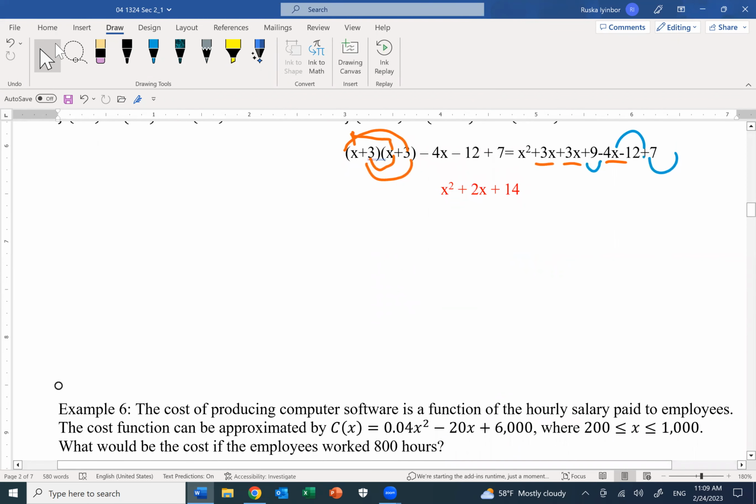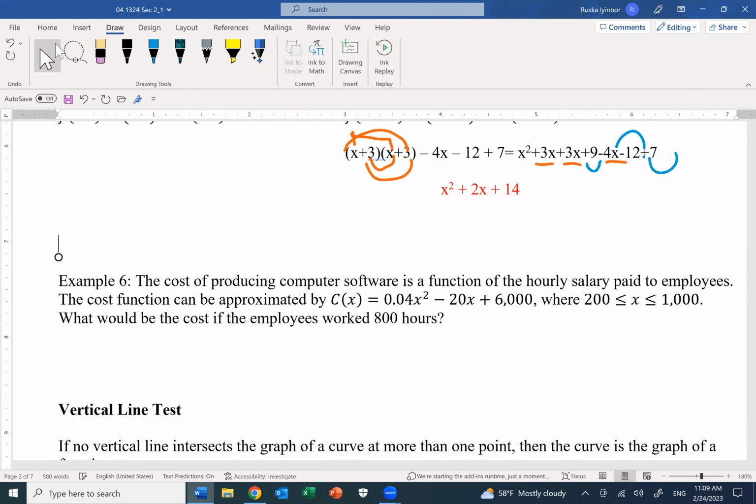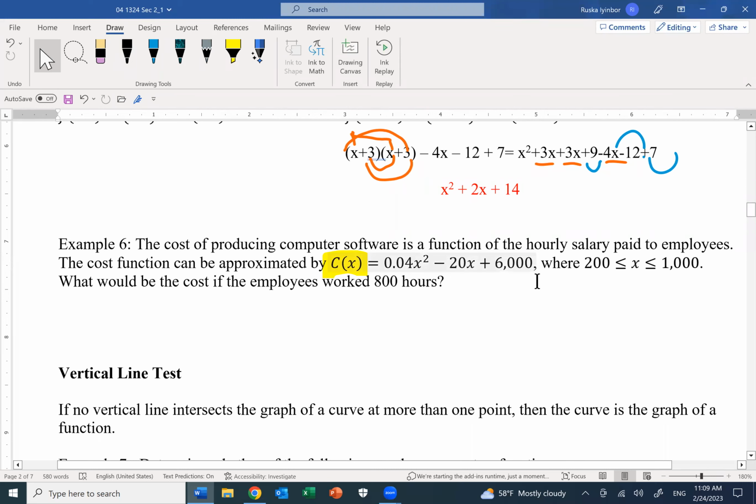Now, the next example is an application of that. And here we have the cost of producing computer software as a function, and the cost is given. This is the cost function here. C of x is the cost function. When we talk about cost function, you know what that is? What will be the cost if the employee works 800 hours? So here in this function, x represents the hours worked, and the cost function is given as